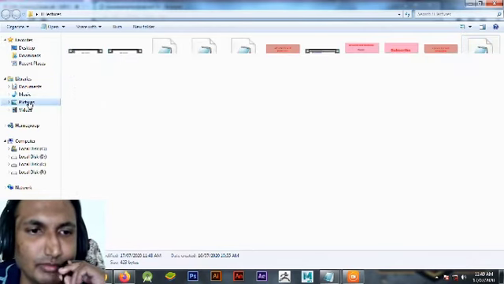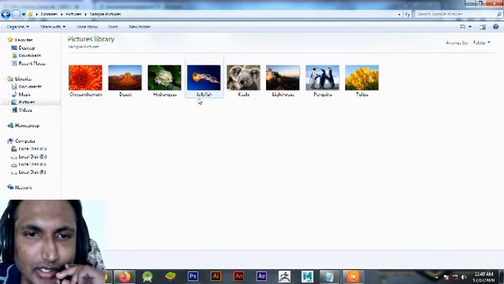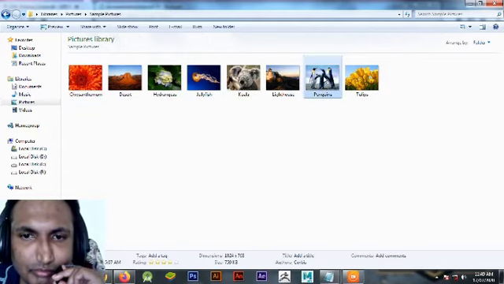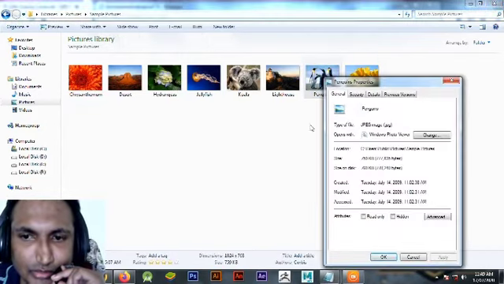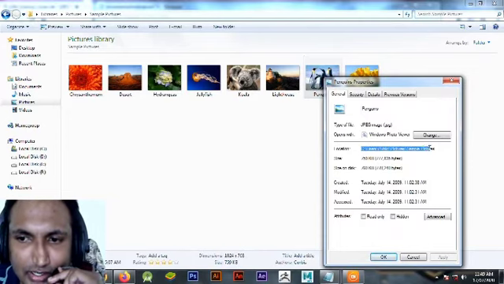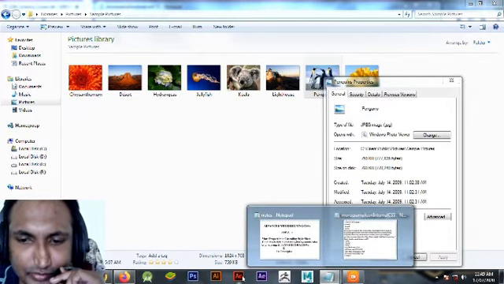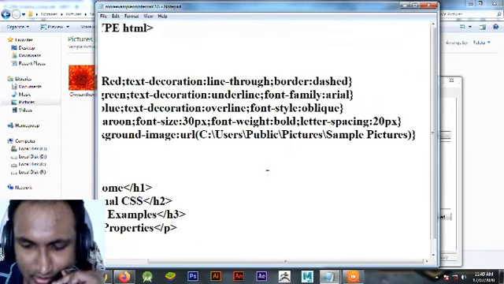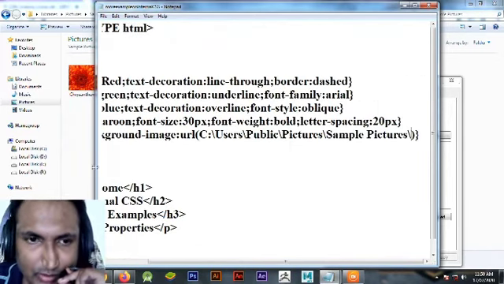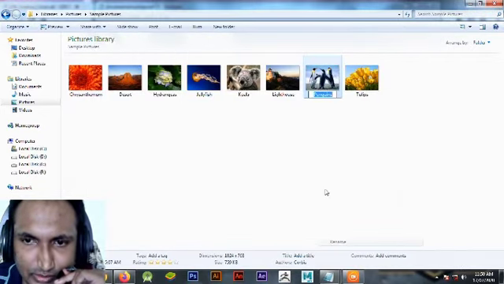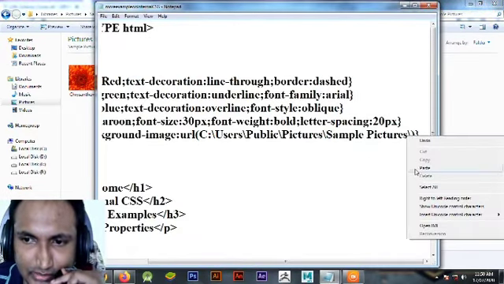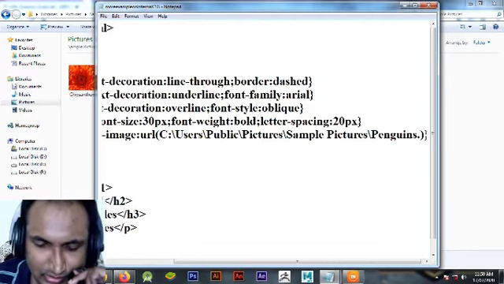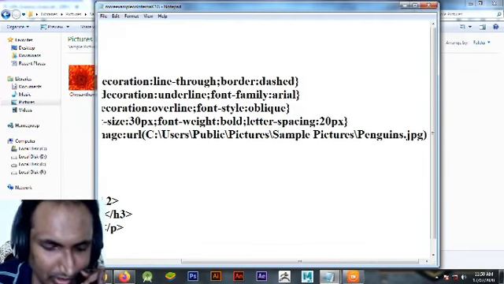We can take images from pictures here. If I take this penguins image, I have to take the address from here, copy this into here, and the name of the file is penguin. I can copy the name and paste it over here, JPG.